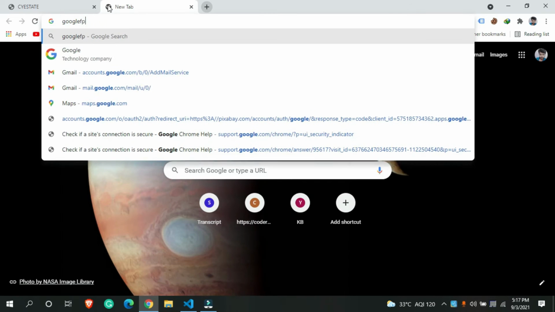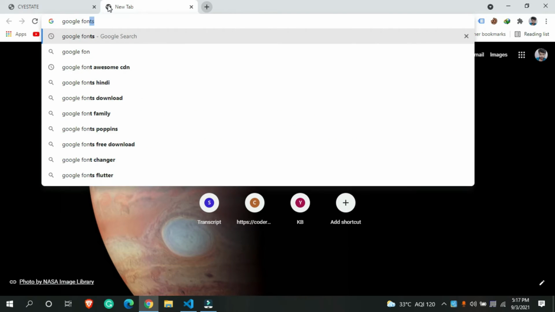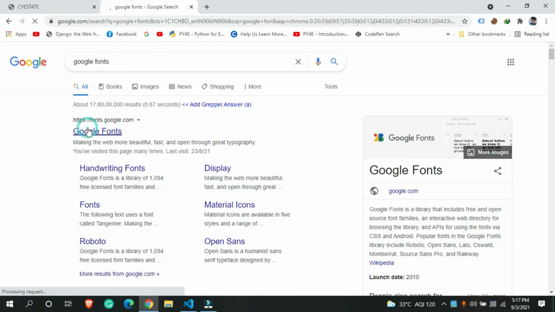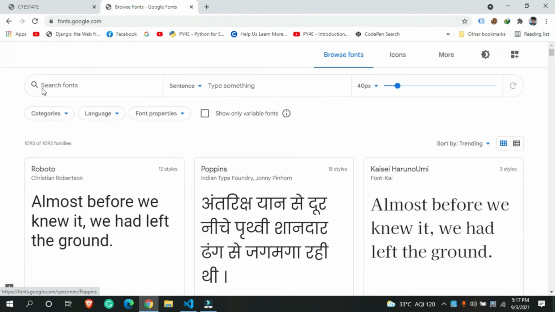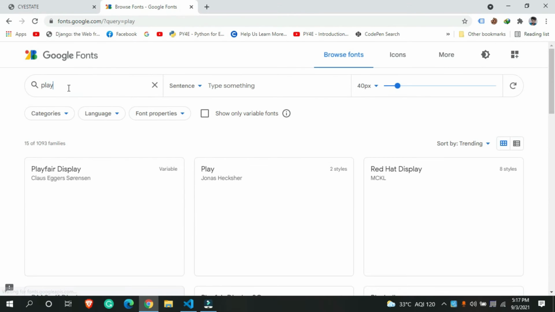I'll show you how you can easily use variables in the SASS. Let's say I wanted to use Playfair Display. This is the font that I'm going to use